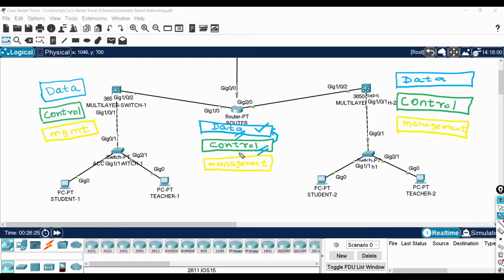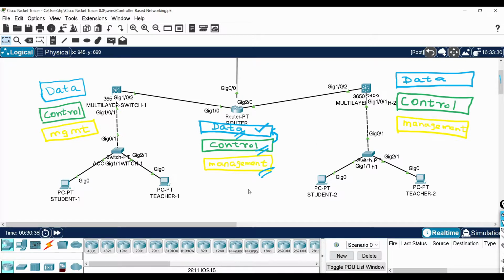And at the same time, if you take the routing protocols, EIGRP, OSPF, BGP, whatever, they have to form neighborship with the adjacent router. In that case, it has to communicate with the adjacent router in order to form the neighborship. The control plane plays a crucial role in that neighborship formation as well. This is traditional networking. In traditional networking, every network device has its own data plane, control plane, and management plane.